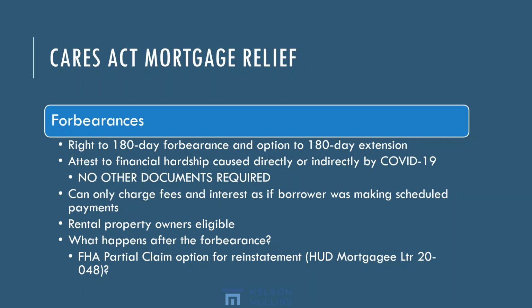But there are a lot of factors that you have to consider, like what are the balloon payment terms and the documents for the mortgage or in the state, and how are the interest rates or amortization affected. There's a lot to think about, especially because these are going to be such potentially long forbearances. Escrow is another issue that we're working through, and I think we're planning to have another webinar in a couple of weeks to talk about issues related to escrow during this time period.